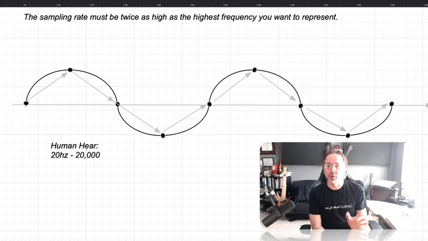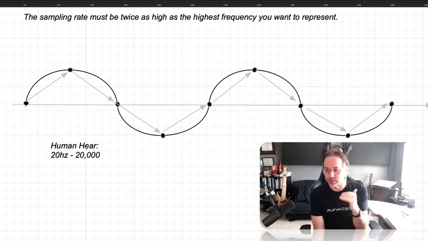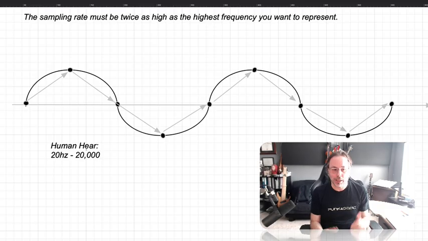Now, some people can hear up to 22,000, which is probably the absolute max, but maybe a little bit over that. Some people can only hear up to about 17 or 18,000. I think I tested my hearing once, and at this point in my life, because of playing in a lot of rock bands and damage to my ears, it caps out at about 16,000 hertz. But that's roughly the range of human hearing: 20 hertz to 20,000 hertz.